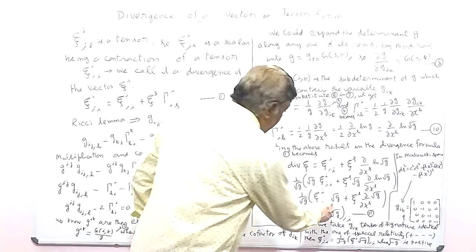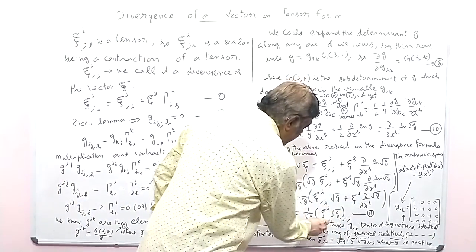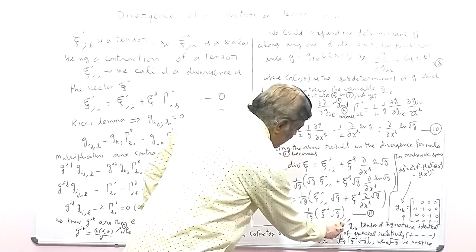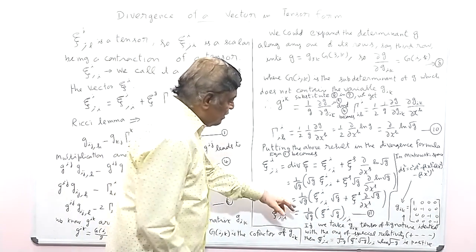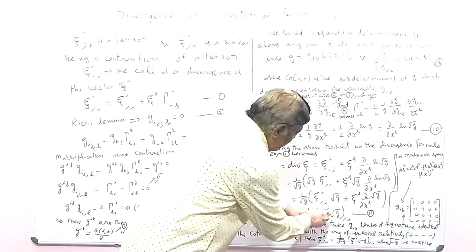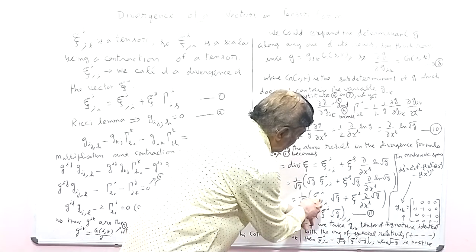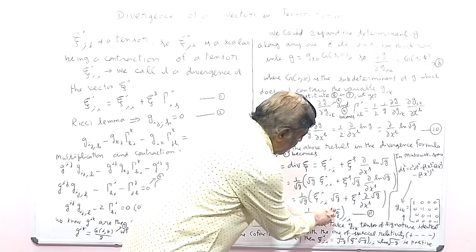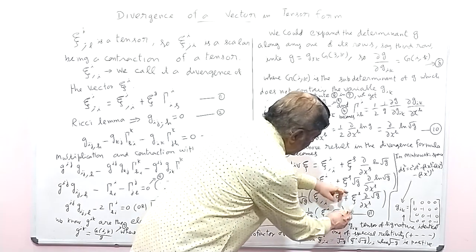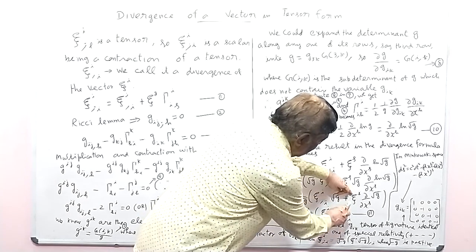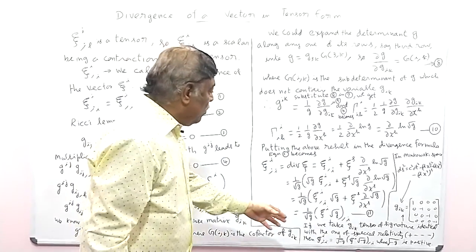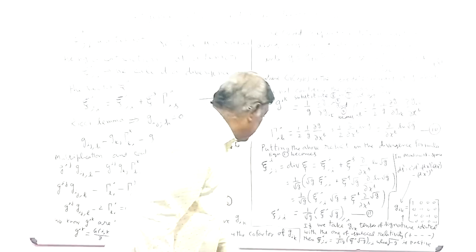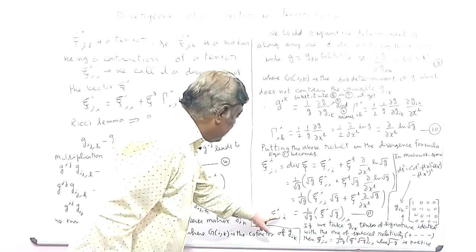Now these two terms can be combined like this. Psi i root g comma i. This is a normal derivative, so that can be easily checked. So if you find the normal derivative, you will get this term, keeping the second term as it is, plus keeping this term psi n, and you have to differentiate the other. So from this you will get this expression. So this is the psi i semicolon i.